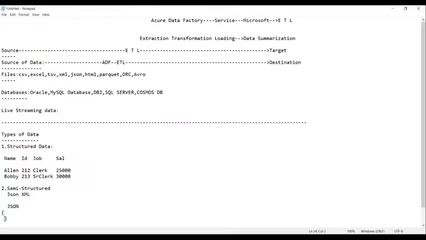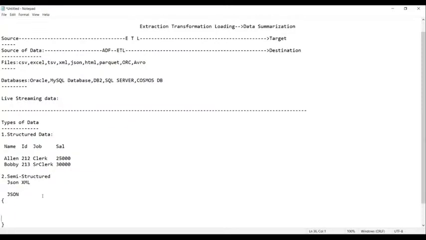Suppose the same data has to be written in the semi-structured JSON format. How do we write it? Let us see.